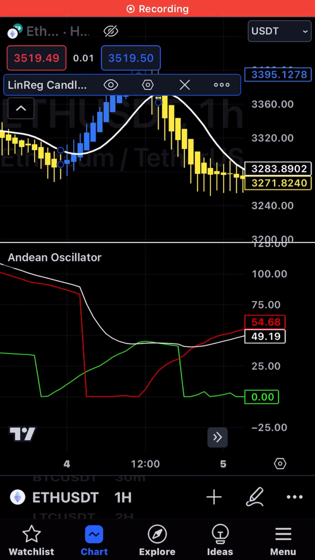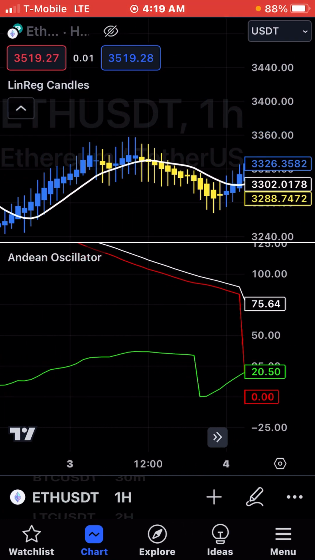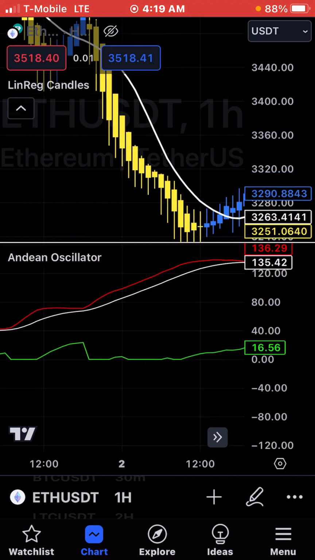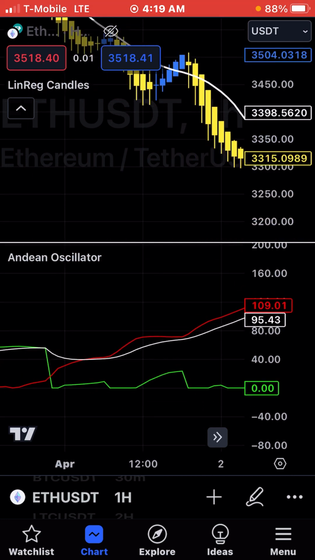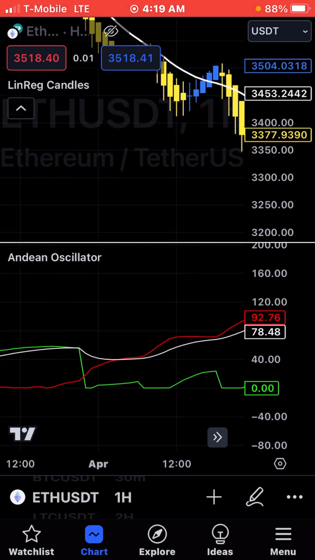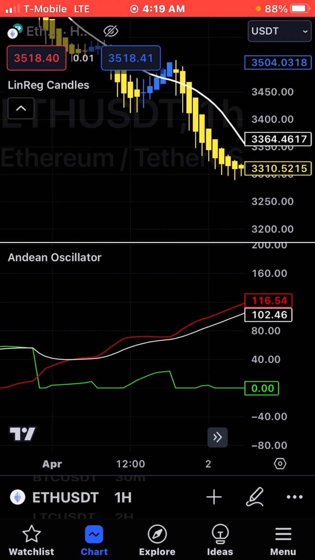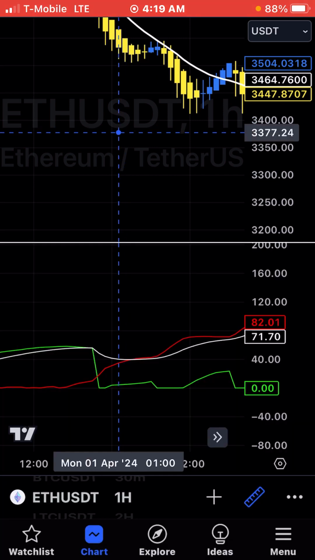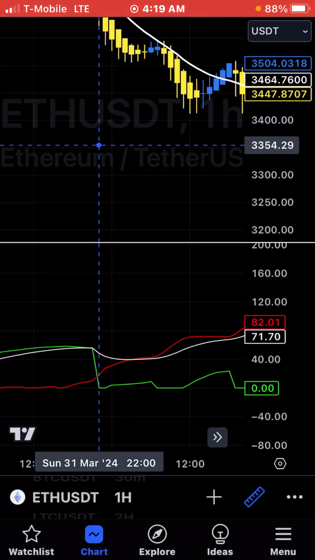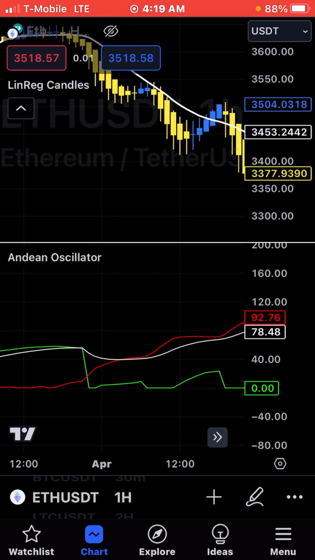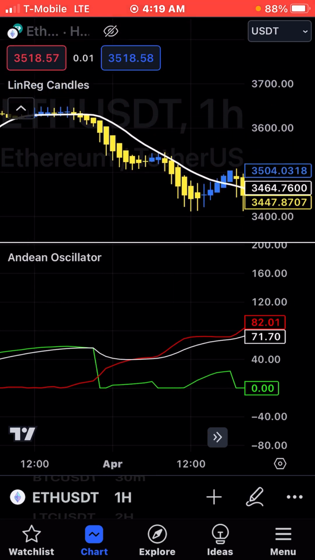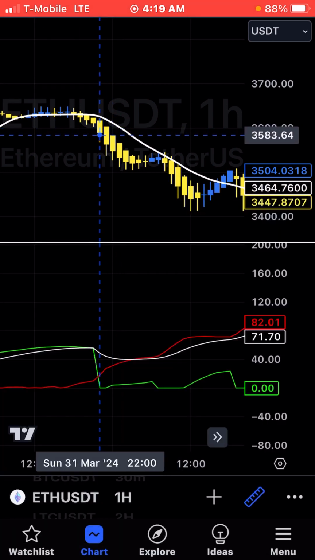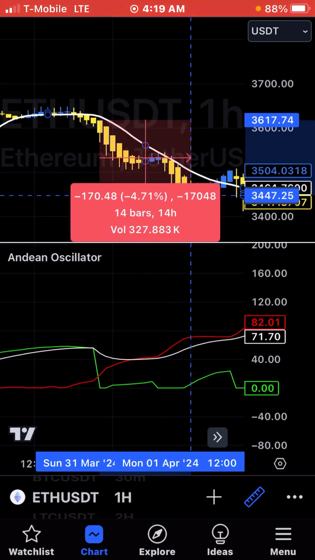So I'm going to do two more times here. We got to find a crossing. Now, the best results here is if you focus on the greens and the reds crossing. So I'm going to look for a couple of those. Right here we see the reds and greens crossing. The red is closer to the white line here, so it is obviously a bearish moment. So if you come in right when it crosses, right here, and wait till it touches the linear line right